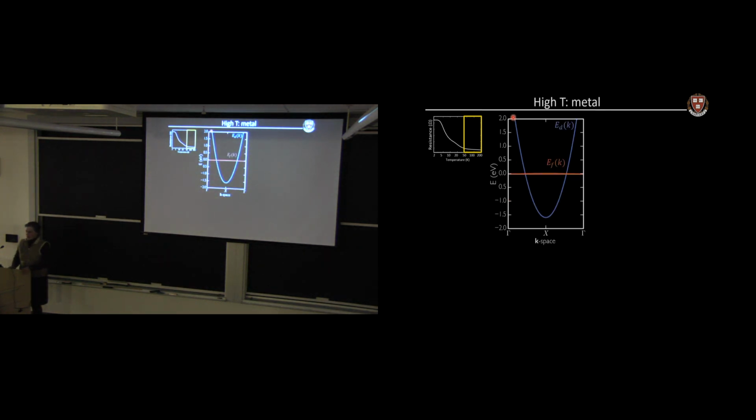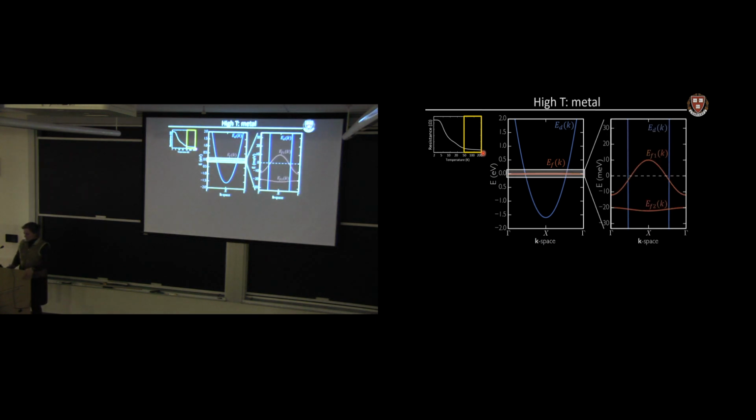So at high temperature, what we expect in a cartoon form, so this is theory, this is not STM, we expect that there's a conduction band of d electrons, and there's the F states of the samarium near the Fermi level, and at high temperature they're not talking to each other. This conduction band is happily conducting, and we have a pretty good metal with low resistance up here. And then as we lower the temperature, so let me zoom in. This is a large energy scale of 4 electron volts here.